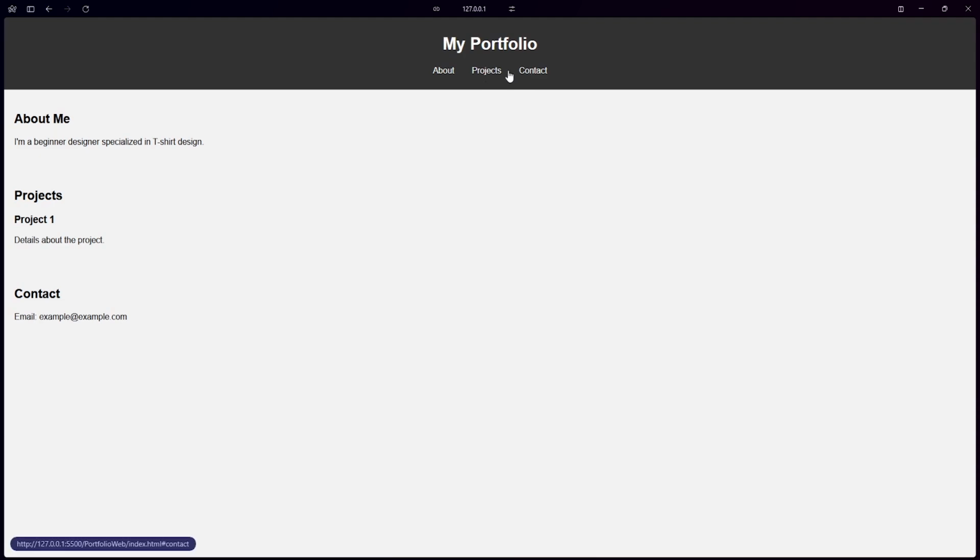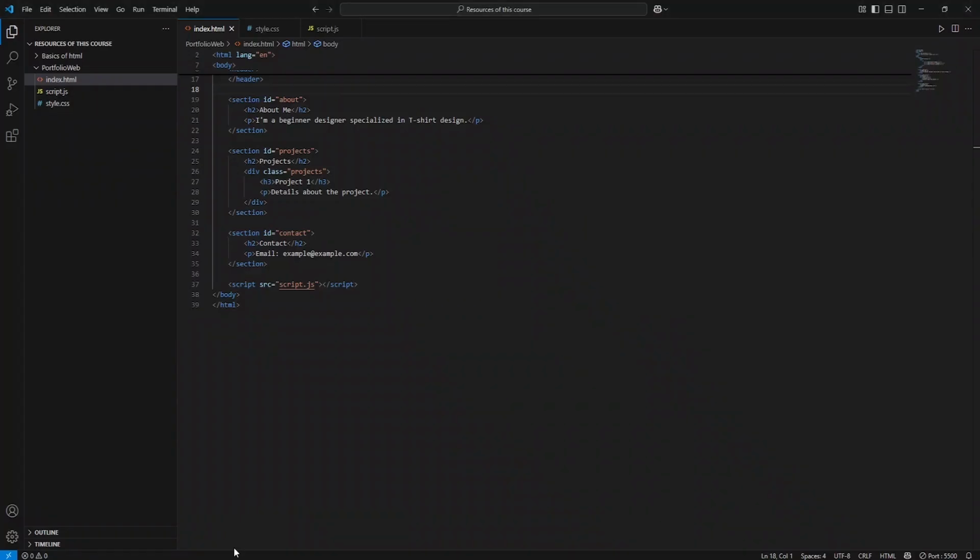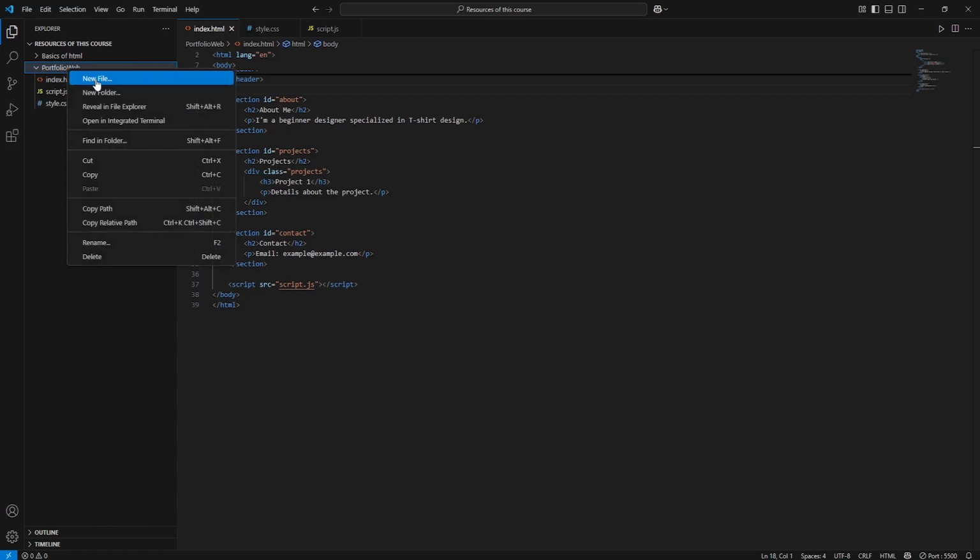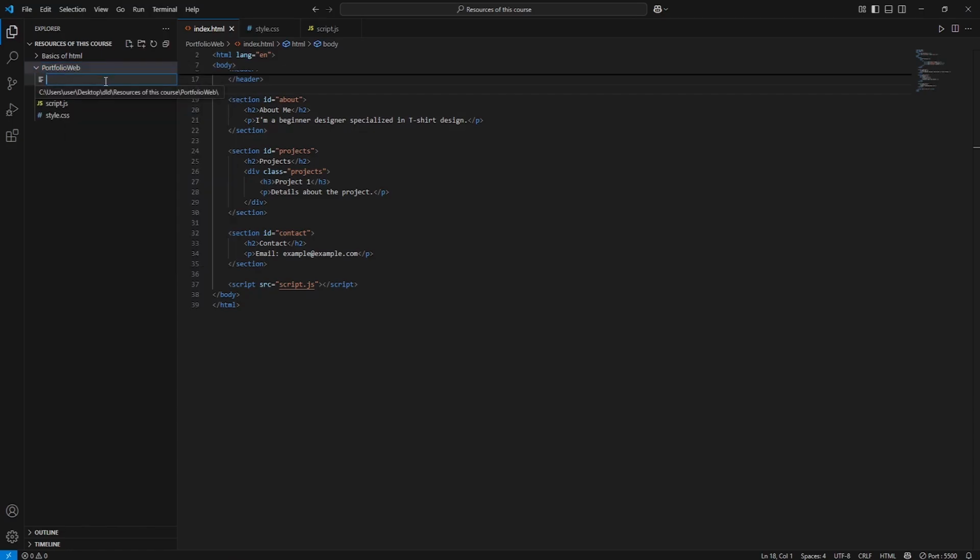Now also, to create each and every one of these project pages, you basically have to create more HTML files, such as named projects, then contact, and also you have to connect it with each and every one of them. Okay, so that is also very simple to do. I might even show you how you'll be able to customize it. So let's go into VS Code again. Now here, what you want to do is you can create a new file. Here I'm going to put in, let's say,